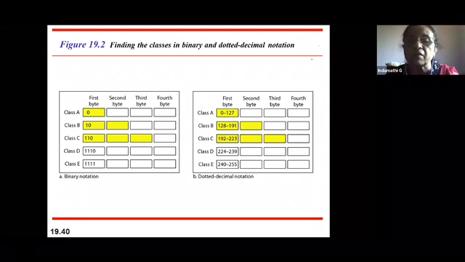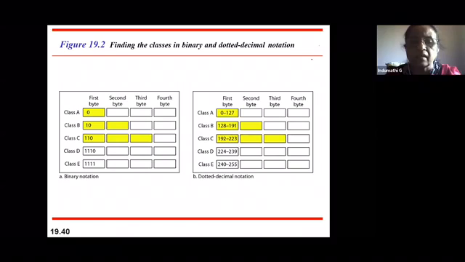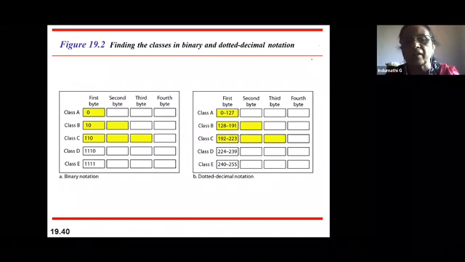So this is how you represent the first byte of the addresses of class A, B, C, D, E, which are called classful addressing. The binary notation is easier. The moment you find 0 as the first bit, it is class A. 10 indicates class B. 110 indicates class C. 1110 indicates class D. 1111 indicates it is class E. That's how you can represent classful addressing. As I said, class A is for larger organizations, class B is for medium size, class C is for smaller organizations.